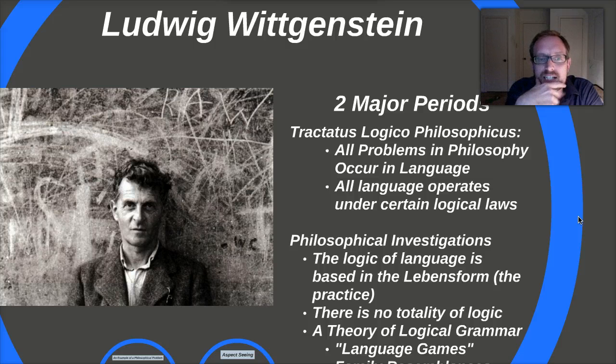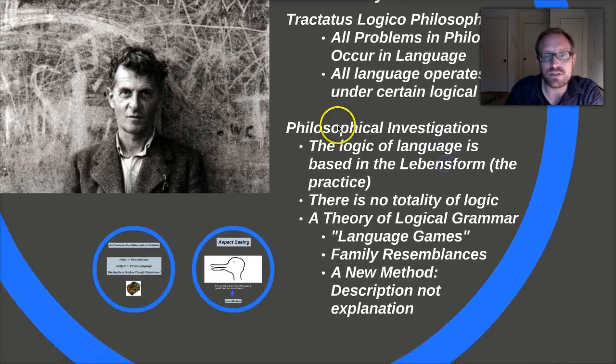Ultimately, though, Wittgenstein developed this system, but then he abandoned it, and it changed his view quite radically in the second major book of his, The Philosophical Investigations. This book wasn't published in his lifetime. It was only published after his death, but it constitutes his biggest and most important work, I think. And here, I'm just going to give you a real quick synopsis.